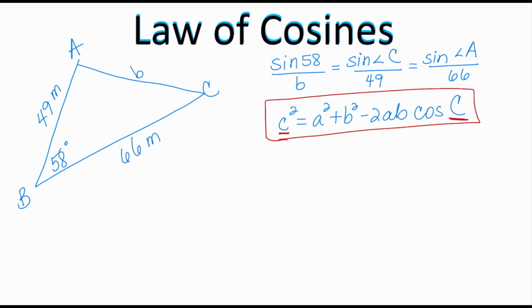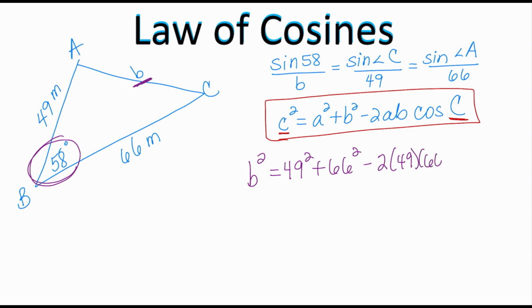If I'm going to apply that to the triangle that I have in front of me right now, here is my 58 degrees, and here is my opposite side, which is B. So I'm going to set up the problem as B squared is equal to the other two sides squared, and the order doesn't matter. So 49 squared plus 66 squared minus 2 times 49 times 66 times the cosine of